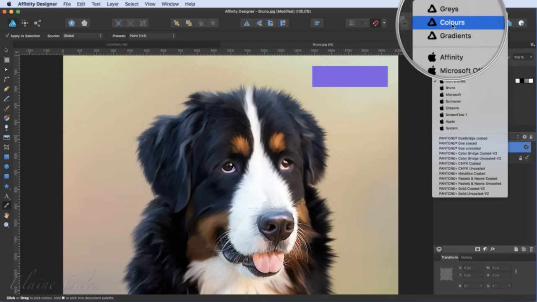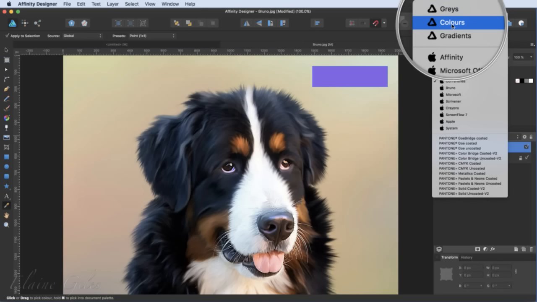Next to them, they have a symbol. And the symbol that they have is the Affinity symbol. Not Affinity Designer nor Affinity Photo, but actually the company Affinity. Serif Affinity, it's their logo. And what that means is these things have a meaning. They are not there randomly. They are not there just to prettify the interface. They mean something. The greys, the colours and the